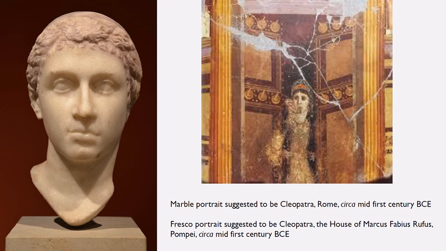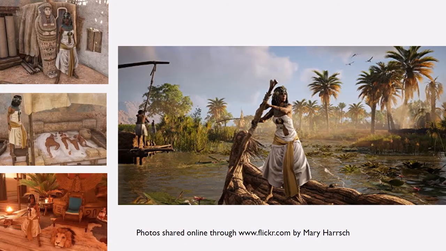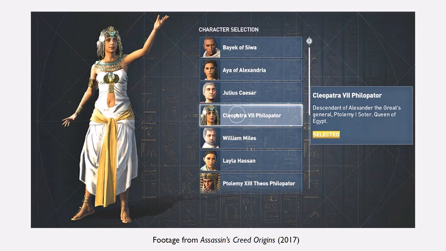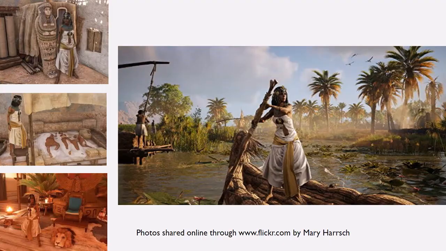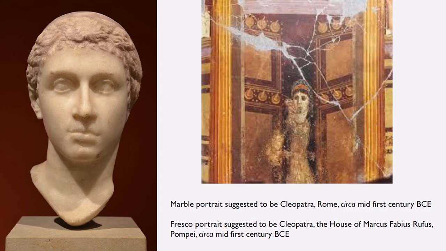In the game, she is much closer to the Egyptian style than the Greco-Roman style. You just click back here. Actually, that gives us a nice full-length view. But even then, if you have a look at these and then these, it's not the same. And this is the case even when she's in Rome at the end of the game. She's still dressed in this Egyptianizing way.